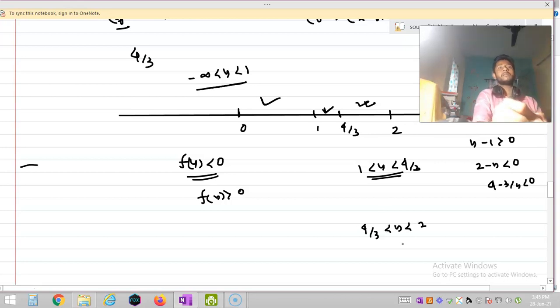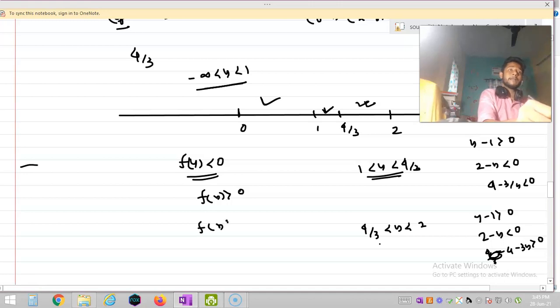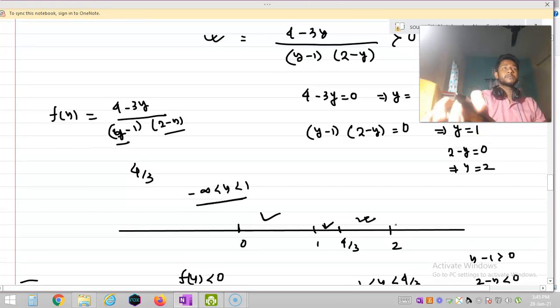You can see that if you choose values of y lying between 4 by 3 and 2, here y minus 1 becomes positive, 2 minus y remains negative, and 4 by 3 minus y, or 4 minus 3y, becomes positive. Two positive and one negative make it negative. So f(y) is less than 0 in this interval. So any values of y in this range will not satisfy